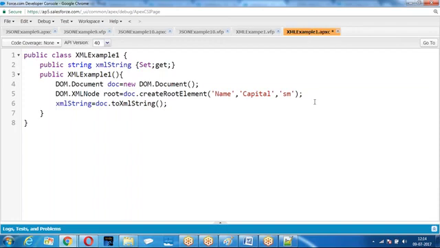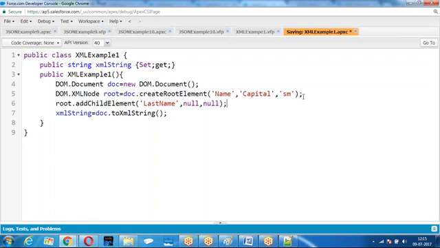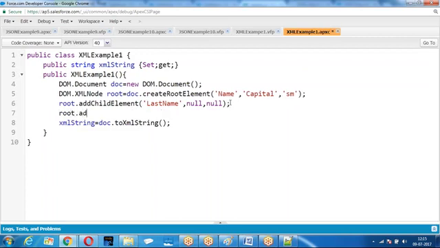For this root element, what do you want to do? You want to create a child element. How do you create a child element? Root dot add child element, last name. What I'm doing is, we got a root element. For the root element, we are adding a child element called last name. For the same root element, I'm adding